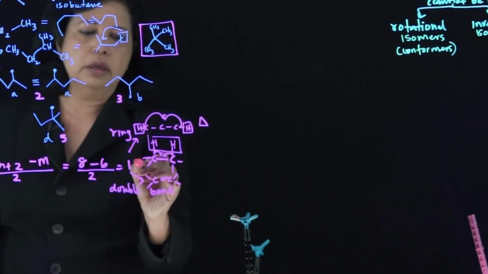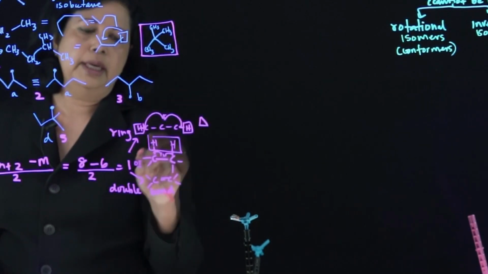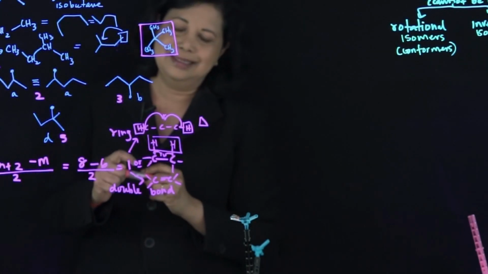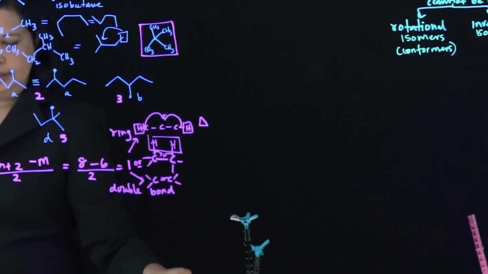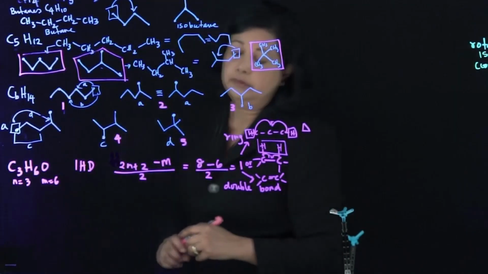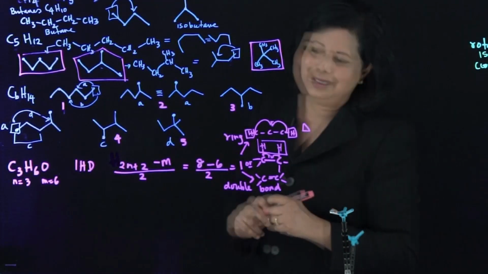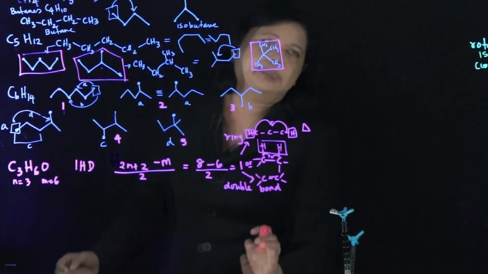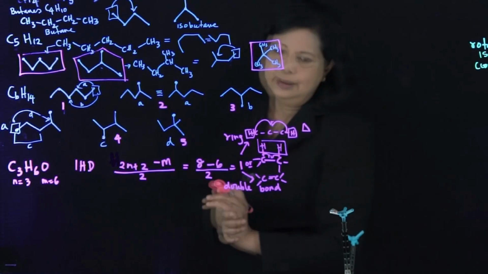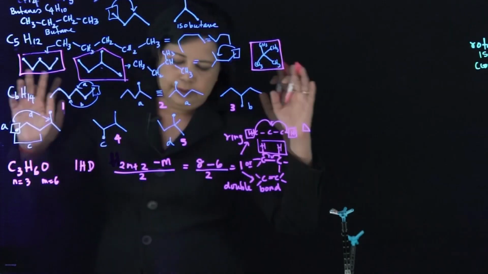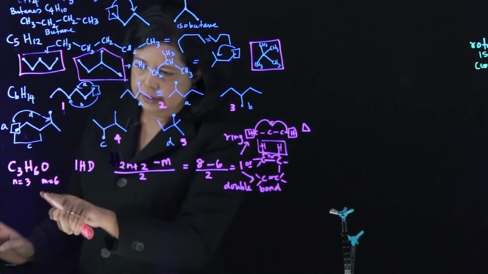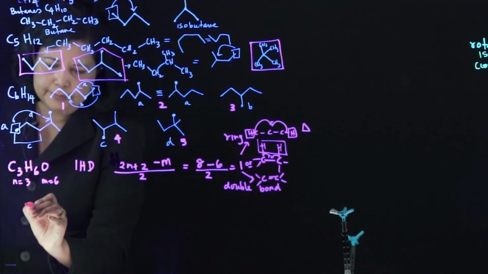So this or this. If you have 2, you can have either 2 double bonds, 2 rings, or a ring and a double bond, but you cannot exceed that. So that is now going to give you a lot more possibilities, a lot more potential for this molecule because it has an unsaturation. Okay, when you're lacking something, then you improvise and do a lot. So same here. So here's 3 carbons